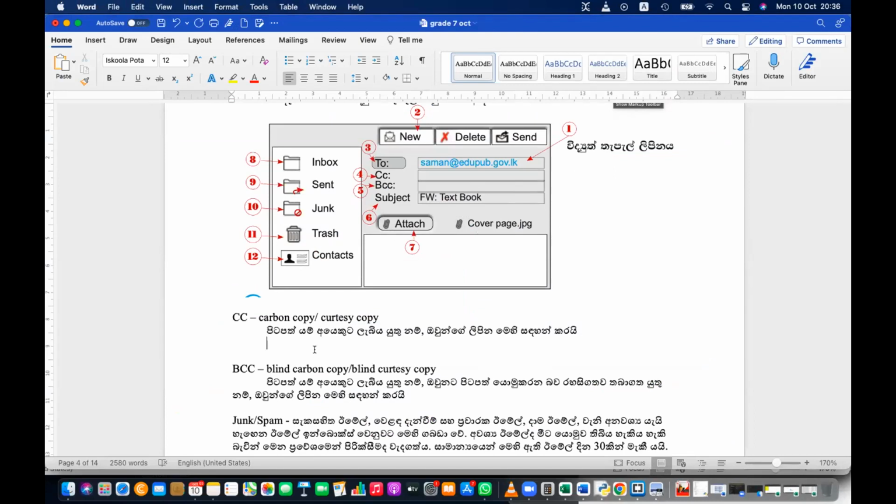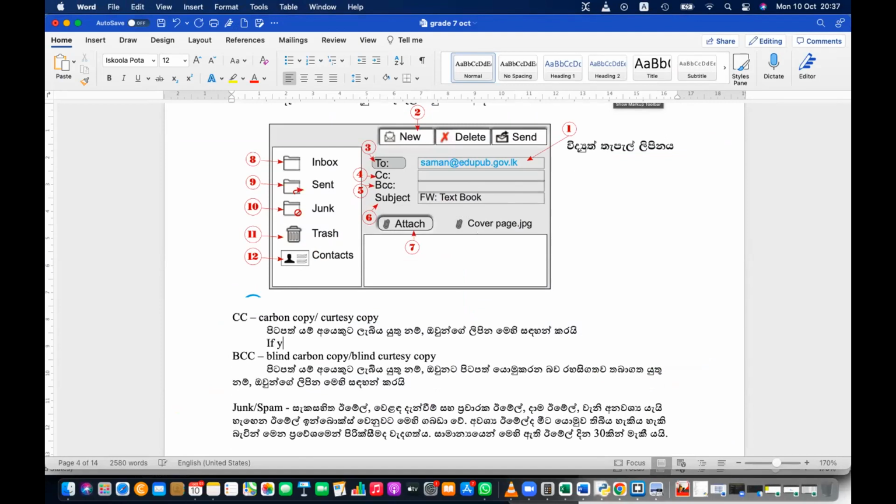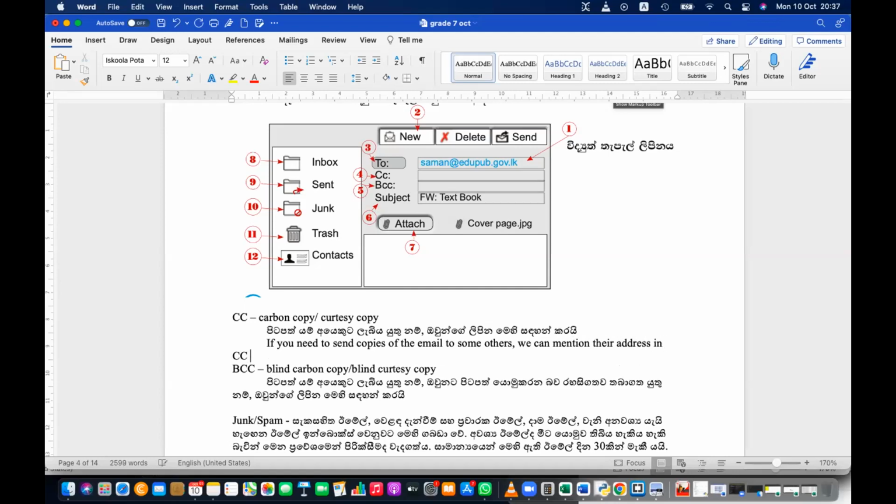CC, carbon copy. If you need to send copies of the email to some others, we can mention their address in the CC field.